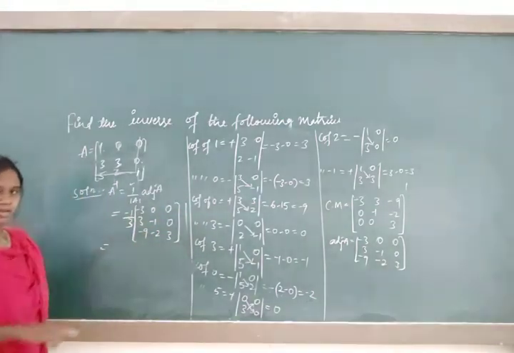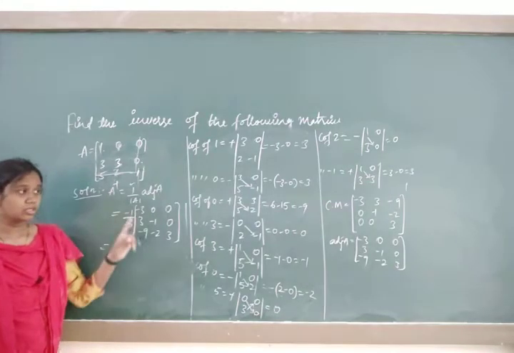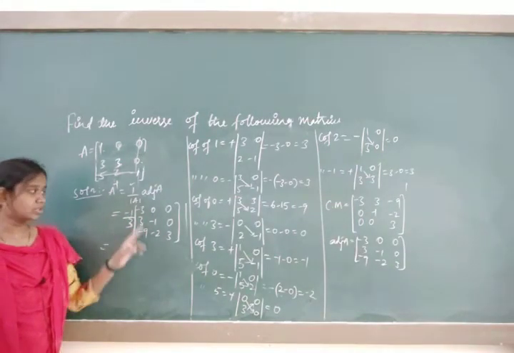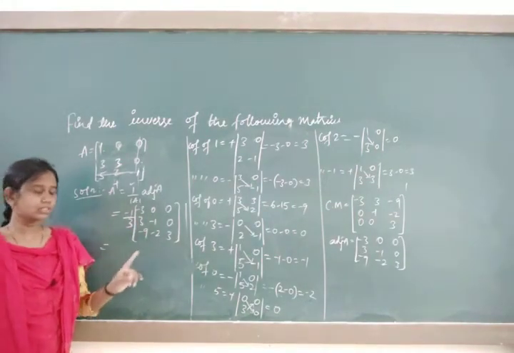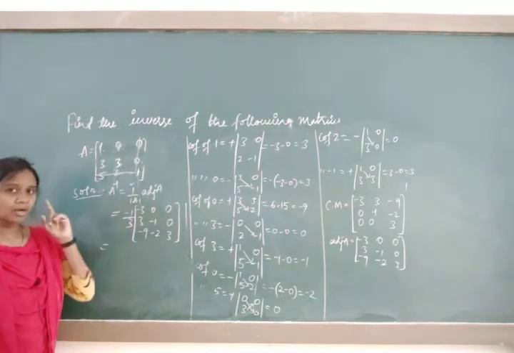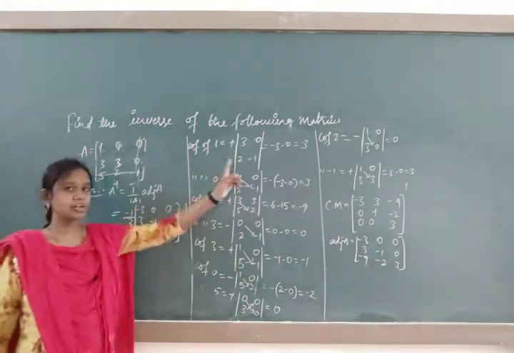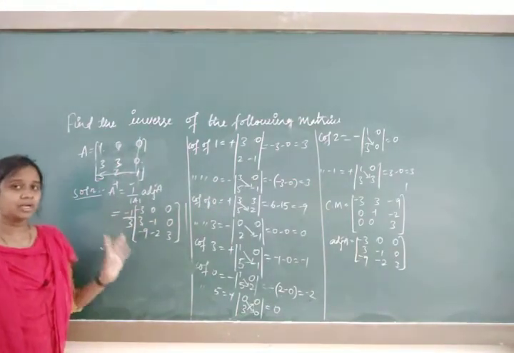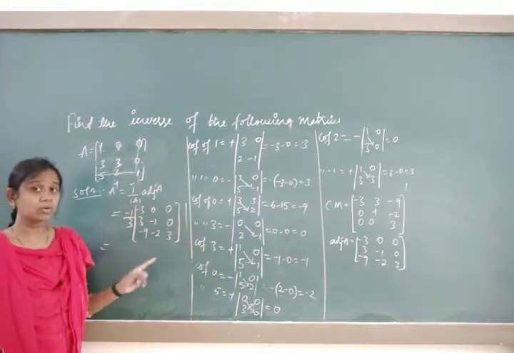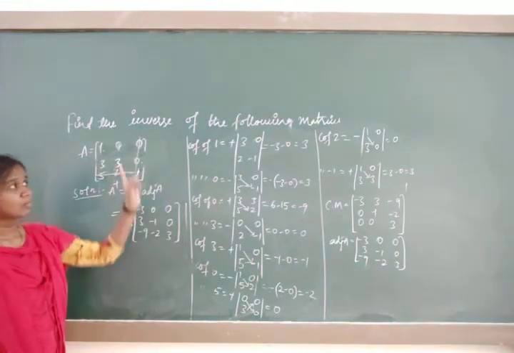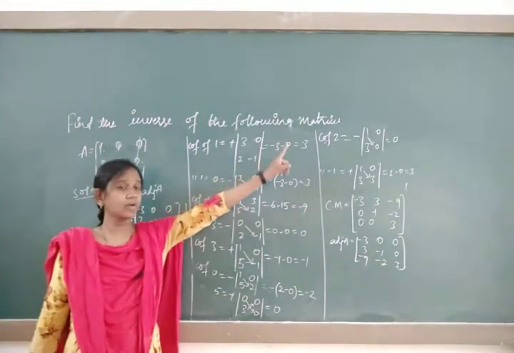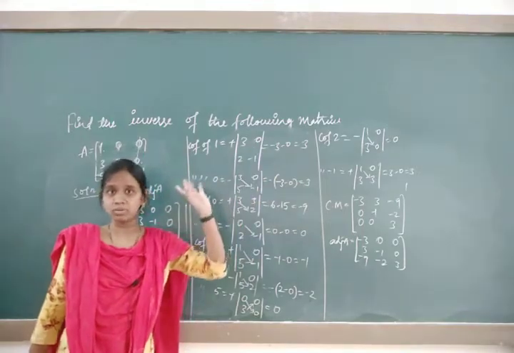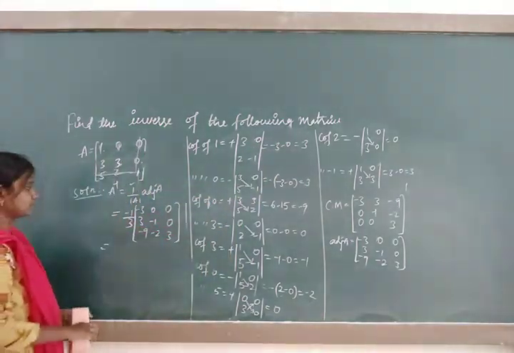So it's a matrix. See, adjoint is a matrix. You have to represent it in a matrix itself. Don't keep it in a bar. You have to keep a bar only while expanding the cofactor and for finding out the determinant A value. Everything remaining you should enclose in the matrix, because look at the heading, we have to find out the matrix inverse, okay, not determinant inverse.